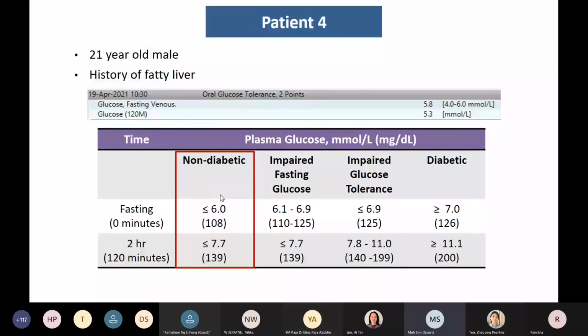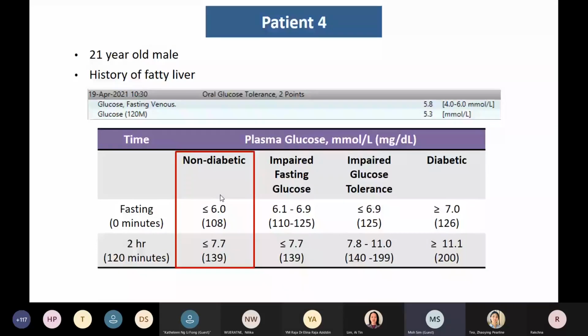Well, if we use this table, we would classify and diagnose this patient as being non-diabetic. But I think something to take note of here is that the 2-hour value is lower than the baseline value. The 2-hour value is 5.3 millimoles per liter, whereas the baseline value is 5.8 millimoles per liter. So any thoughts on this? I'm sure some of you may have come across this kind of result before, and I certainly know that we've come across this in the lab. One of the things that my laboratory staff will think about is, did we mislabel the samples at the point of collection?